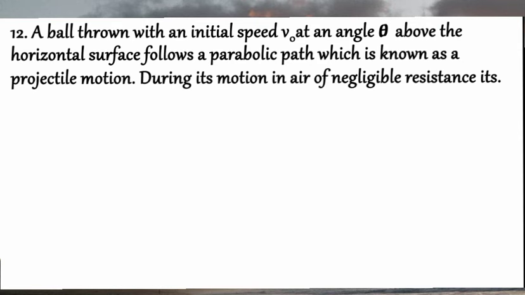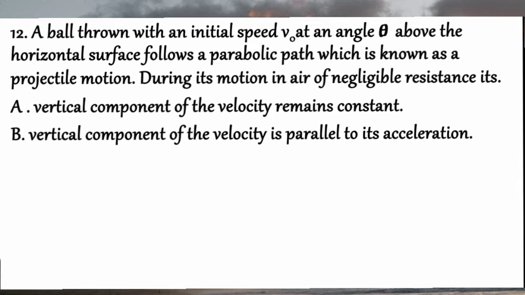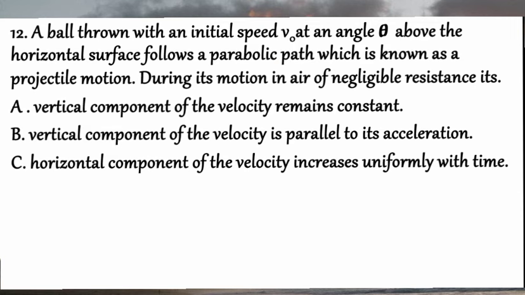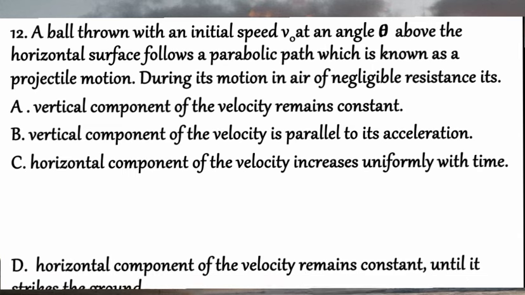Question number 12. A ball thrown with an initial speed v0 at an angle of theta above the horizontal surface follows a parabolic path, which is known as projectile motion. During its motion in air of negligible resistance, it is: A, vertical component of the velocity remains constant; B, vertical component of the velocity is parallel to its acceleration; C, horizontal component of the velocity increases uniformly with time; D, horizontal component of the velocity remains constant until it strikes the ground. ይሄኛው ጥያቄ መልሳችን የትኛው ሊሆን